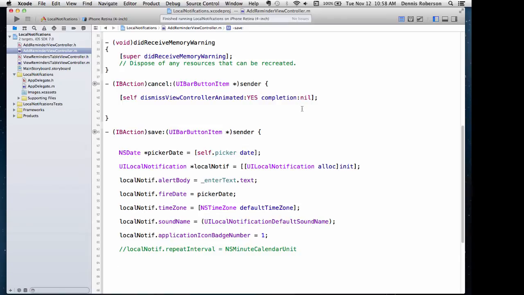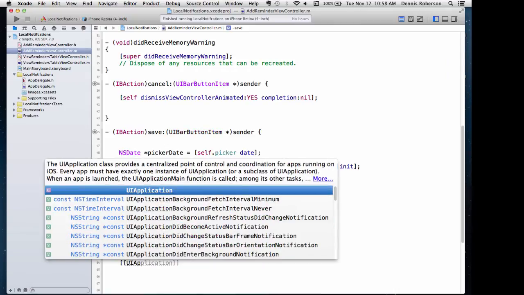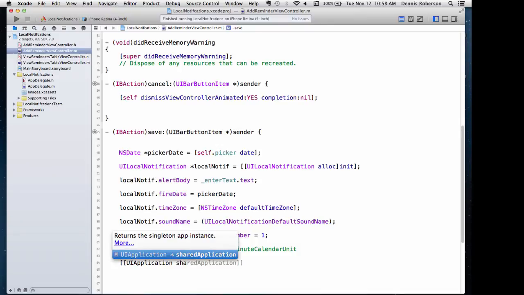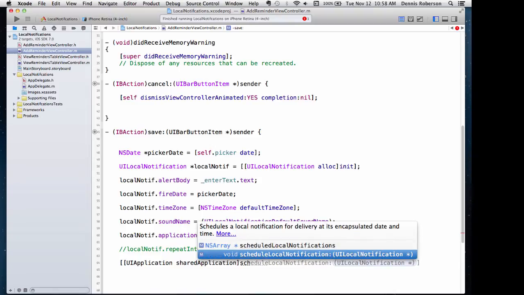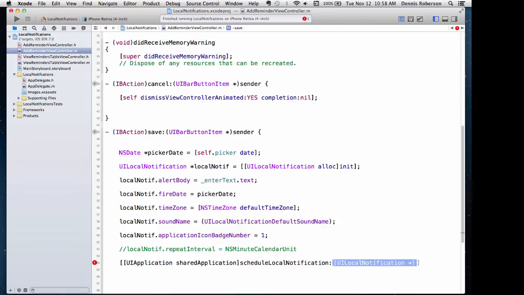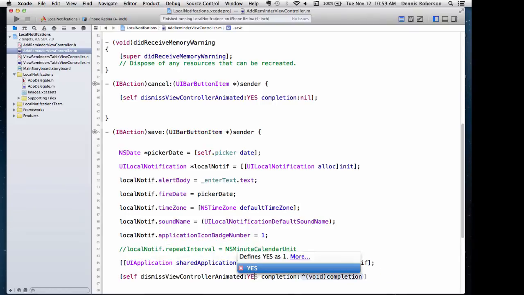So next we need to schedule our notification, and to do that we need a double bracket, and that's a UI application. And once again, we're going to call the shared application, and then we use schedule local notifications. And then we use this bottom guy here because the notification that we want to schedule is what we created above here, the UI local notification. So we need to put local notification in that spot. And the last thing we need to do is dismiss our view controller, and as always we do that with a self dismiss modal view controller animated yes nil